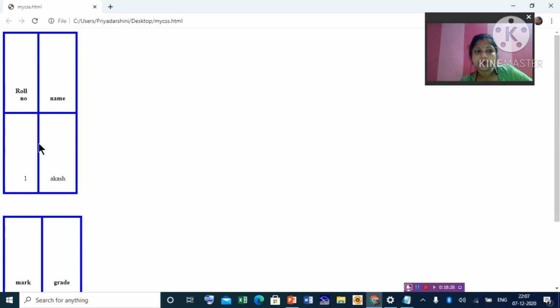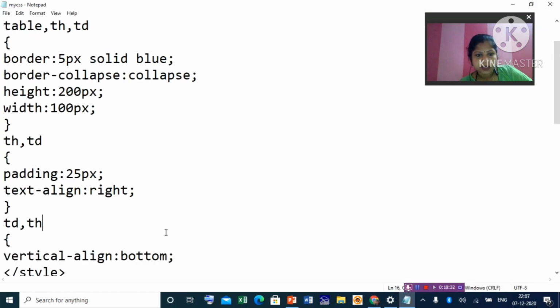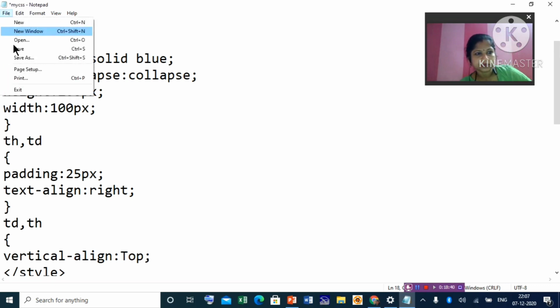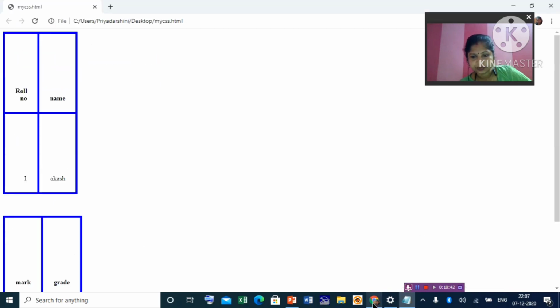You can make it top also, or middle. Let us change bottom to top and see what change happens. Okay, data moves to the top.